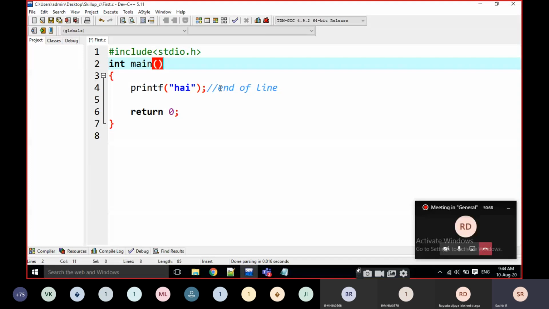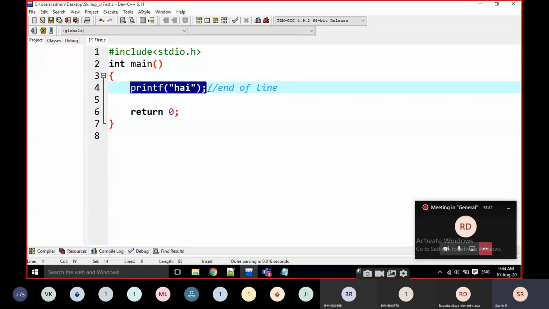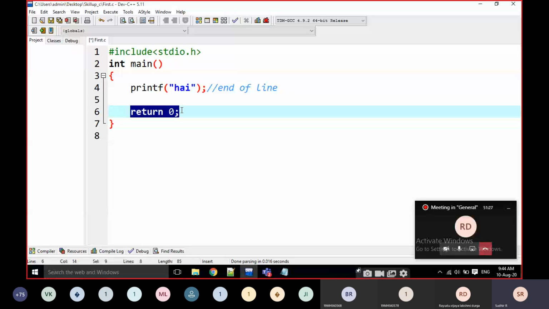Not only main, some other functions and statements also have no semicolon. Look here, printf, hi and semicolon. That means if we put the semicolon, the functionality of the printf ends here. Same with return, its functionality ends here.